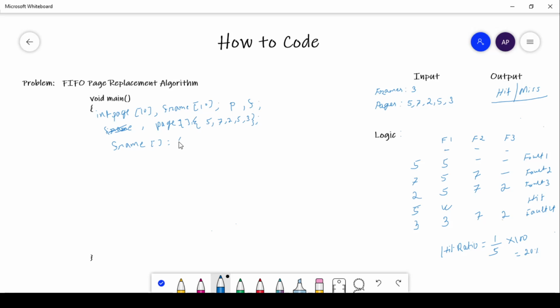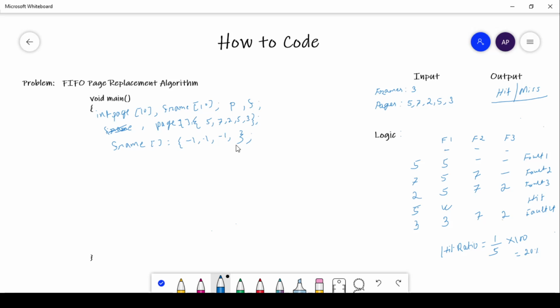You can do it through a for loop also, but right now I am initializing the frame with -1 values. So by default the content of frame f1 is -1, f2 is -1, f3 is -1. It will denote that no values are available.